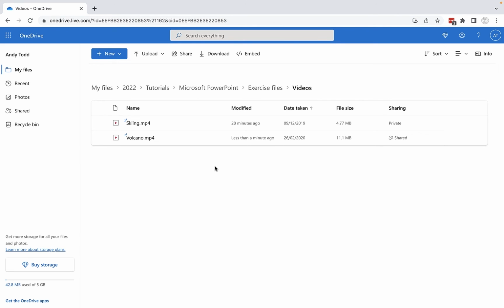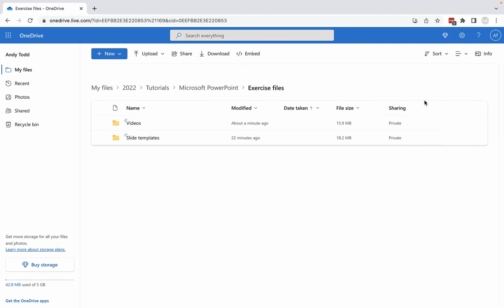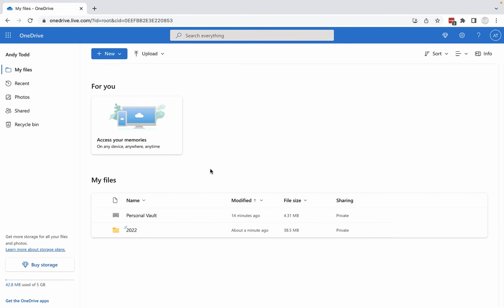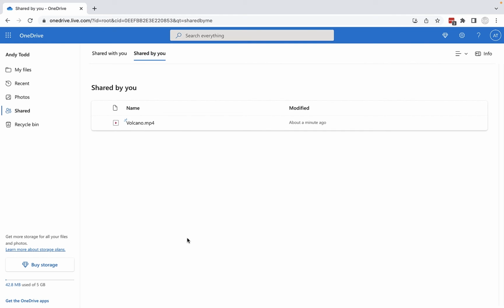If I jump back to the folder that file lives in, it looks like the folder is private and perhaps its contents is private, but unfortunately it is the case that one of these files is currently being shared. So if you were back at the My Files level, how would you know which of your files have been shared with other users? Well, what you could do is you could go into Shared on the left hand side, and then you could go Shared by You,